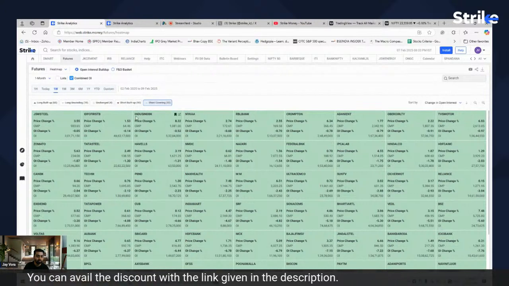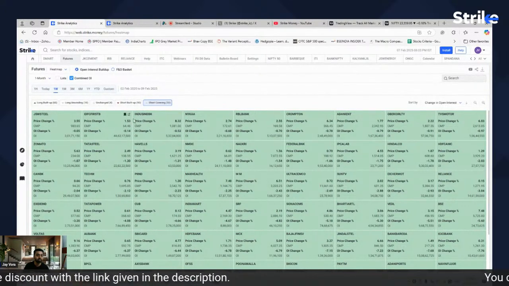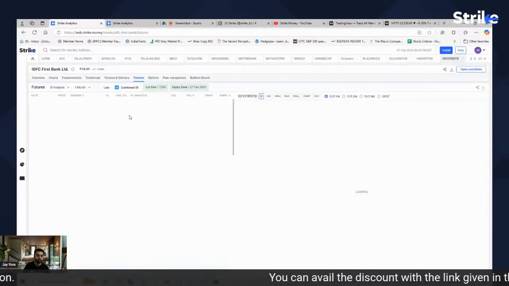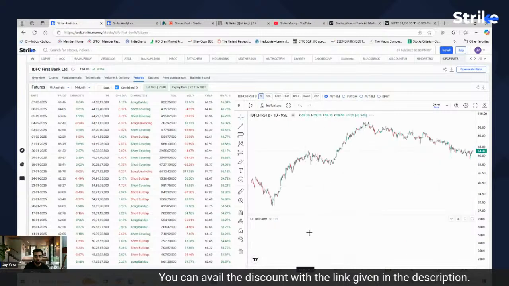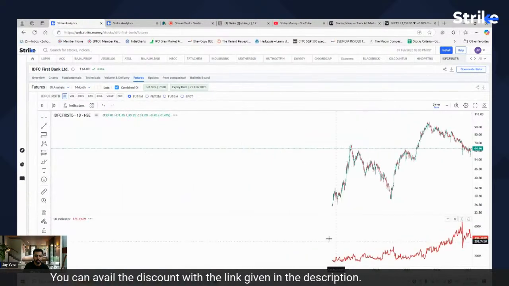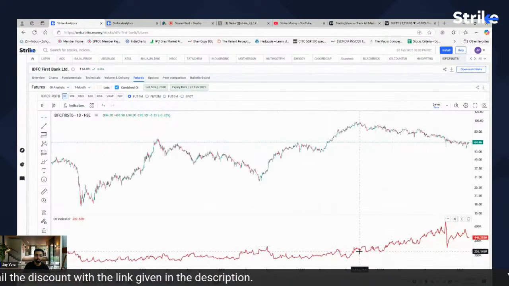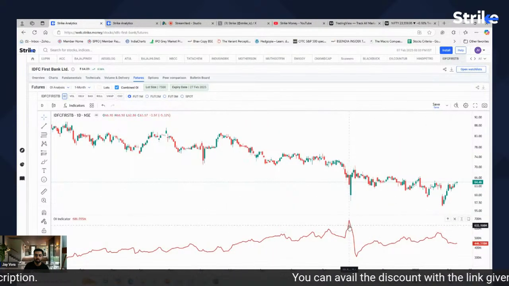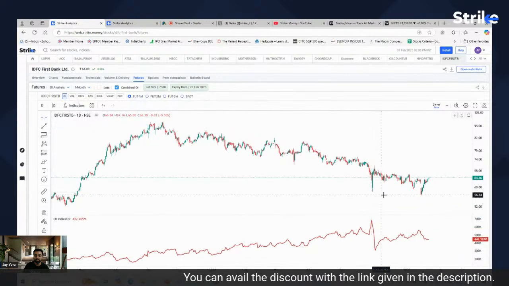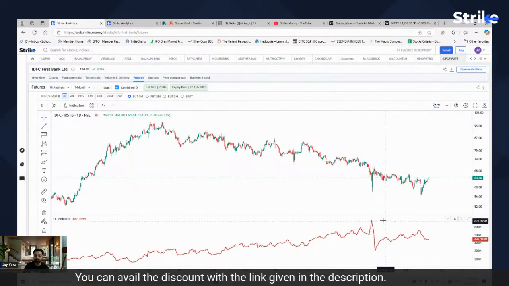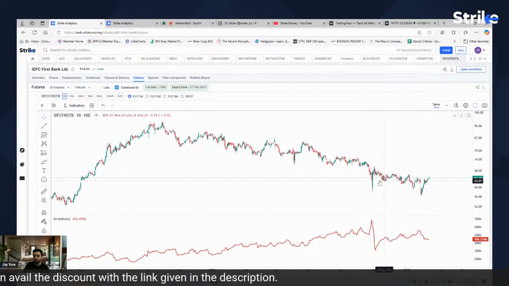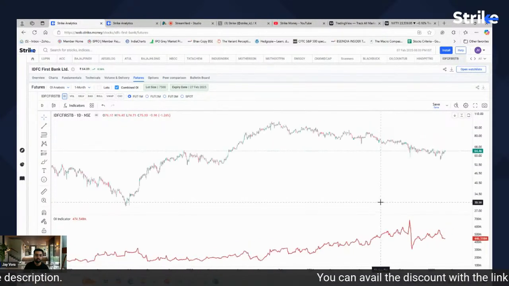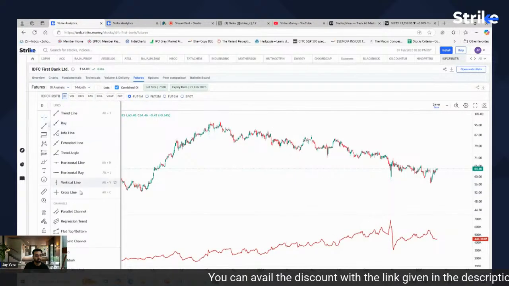And when you go inside, like right now look at this, I saw that short covering is happening in IDFC First Bank. Okay, so when I went inside, I can see the granular data of what is happening day on day. So here also if I see, I can see that open interest is at an extreme over here. In fact, when it made this low, the open interest was at its highest. And after that, it made a new low but the open interest is lower than the previous high. That means in this decline people have not done much shorting. Okay, so this can also help you give some clue.